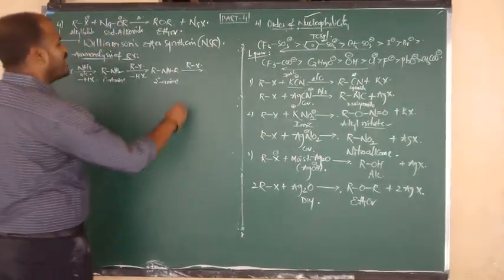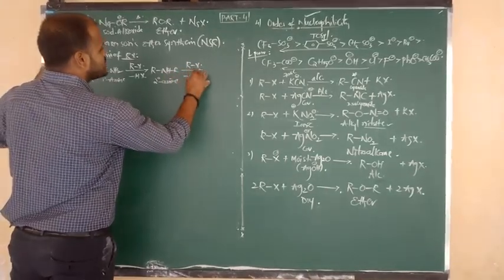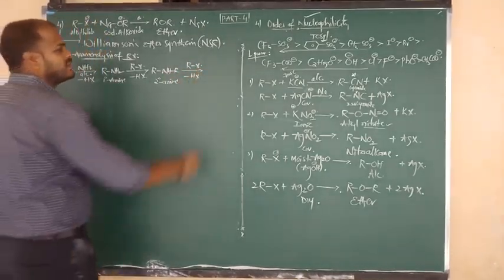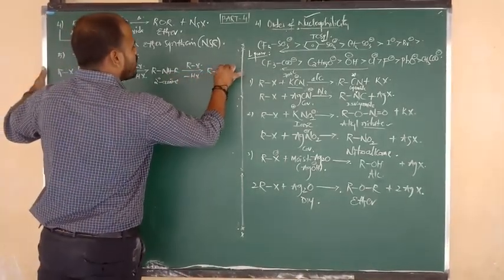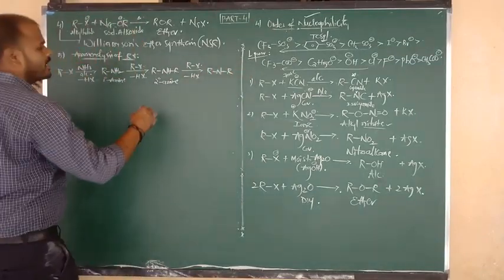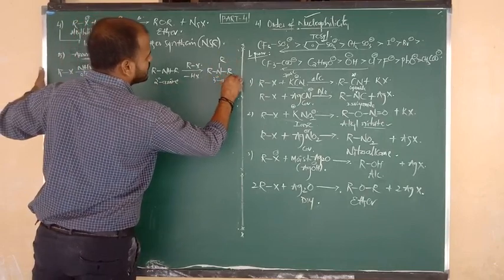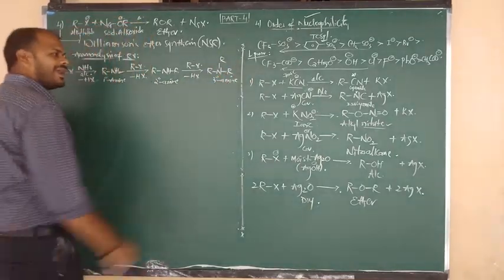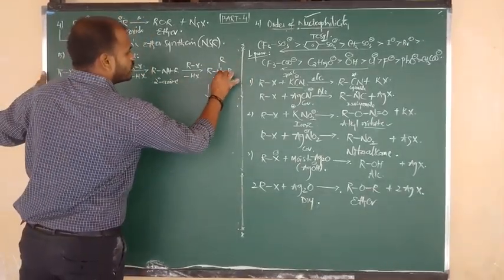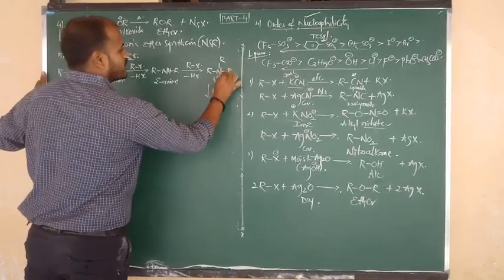Another mole of alkyl halide. Again H combines with X and is removed in the form of HX, and the product is R bonded to N, N bonded to R. Again here it is connected through R. Here you are getting the amine, which is a tertiary amine. Again, such a tertiary amine, due to the lone pair on nitrogen, reacts